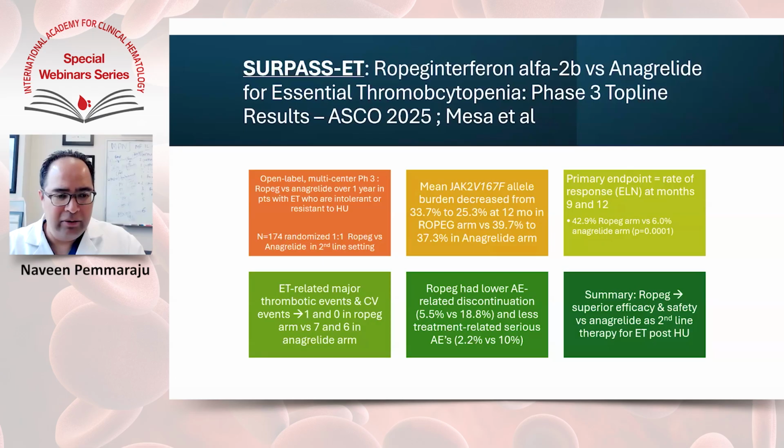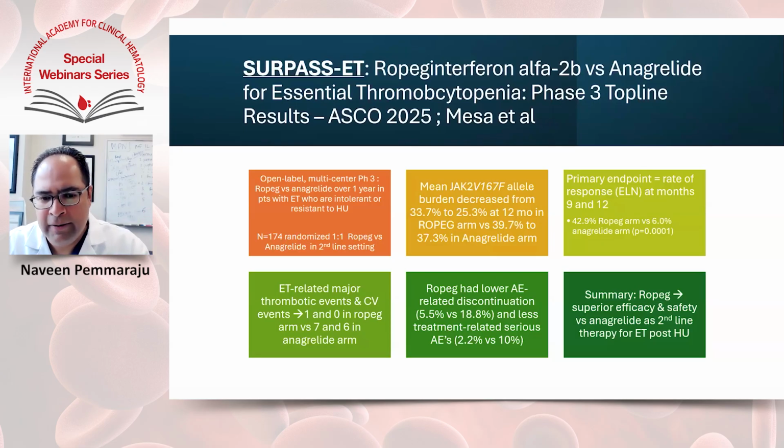ET-related major thrombotic events and cardiovascular events, pretty low in both arms, 1 and 0 in the RoPEG arm versus 7 and 6 in the anagrelide arm. Interestingly, the RoPEG, the interferon, actually had lower AE-related discontinuation and less serious treatment-related events versus anagrelide. Anagrelide has some issues in the clinic, headaches, palpitations, heart problems, so you do have to watch out for toxicity